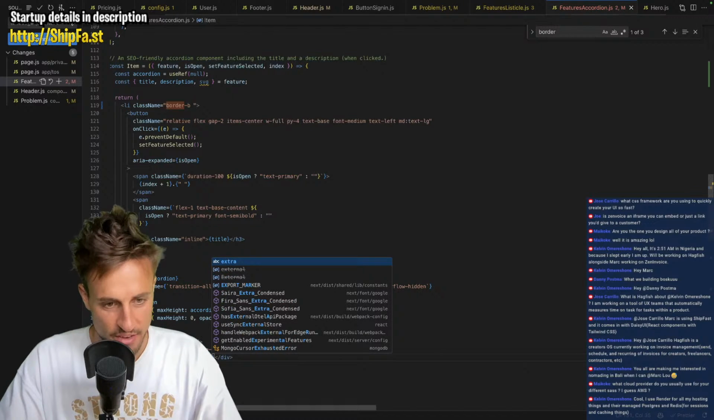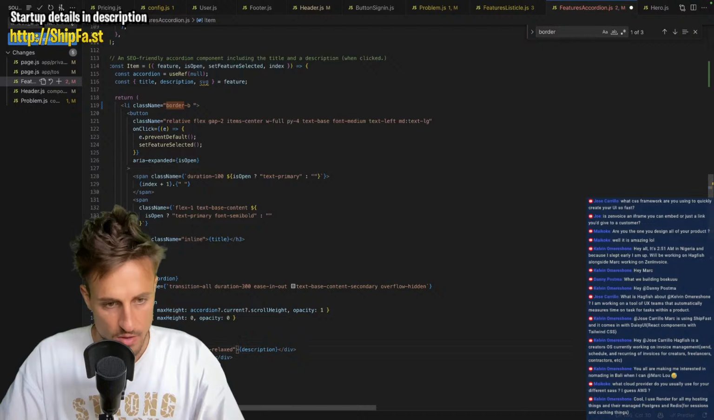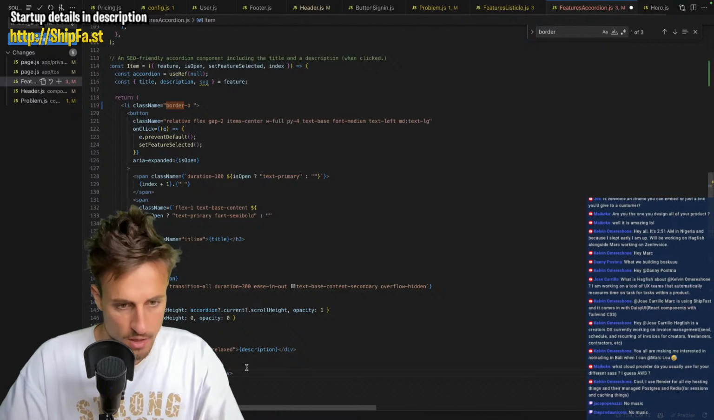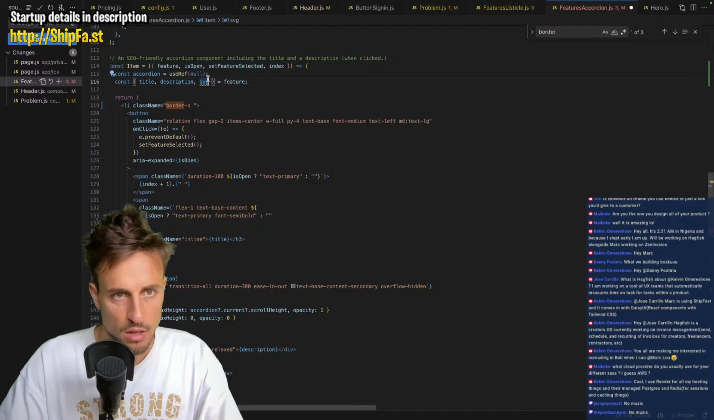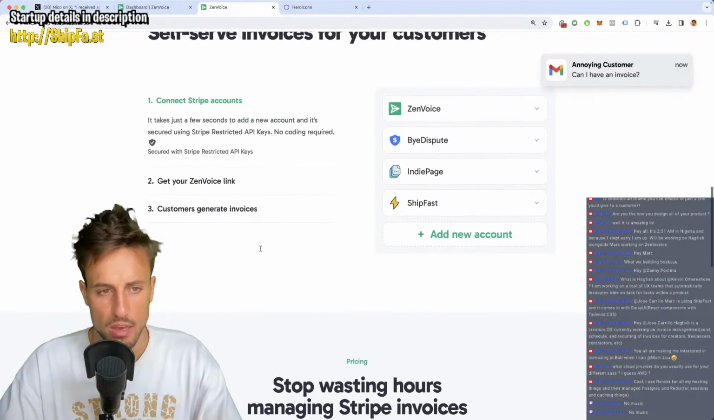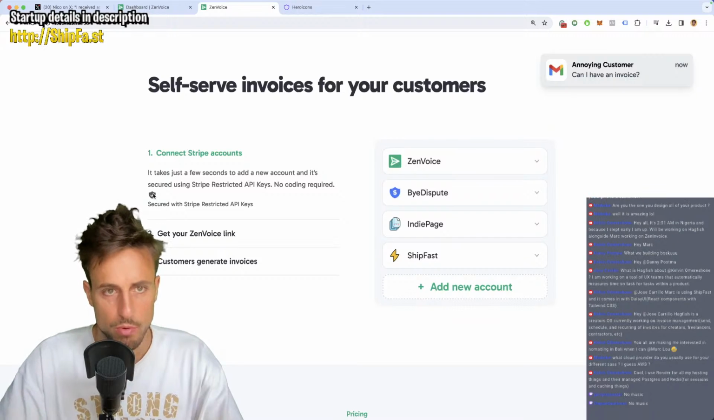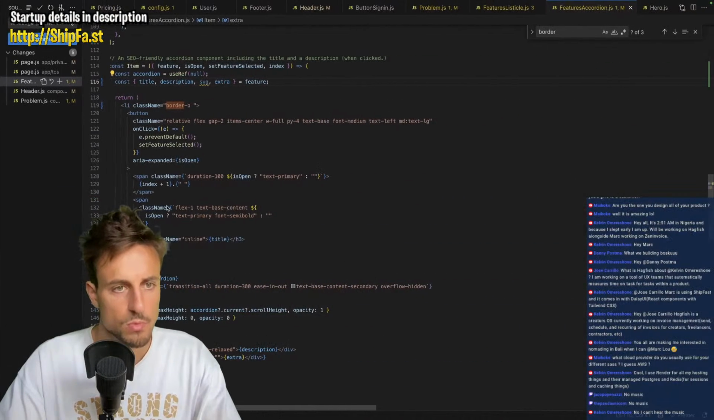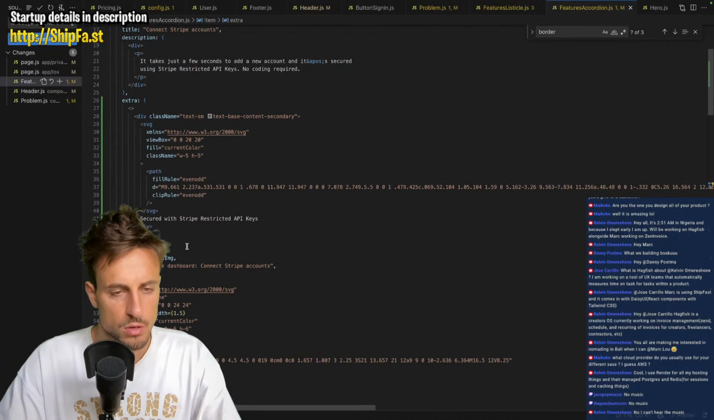And here we're going to have extras. Say that if extra, we're going to show the extra. And those extras will be there. And normally now we should have, yep, we need to rewrite that. Get a micro one. Secured with Stripe restricted API keys. I think